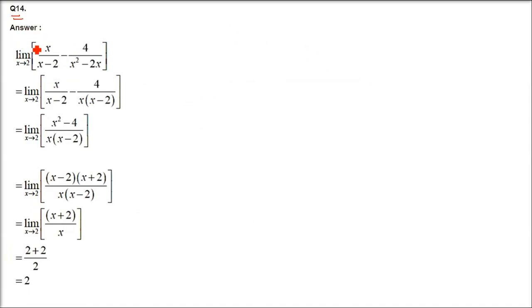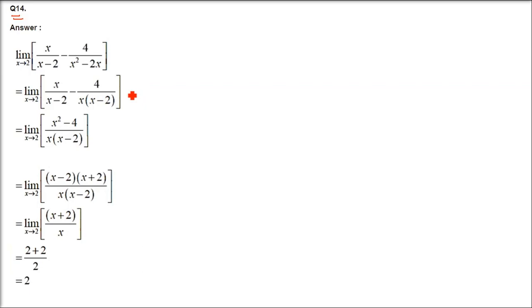Next is question number 14. So it can be solved directly, or it can be made a bit simpler. How to do that? In a few questions it is being shown here how to make it a bit simpler. So either you can take the LCM and just multiply, or you can take something common and then you take the difference.